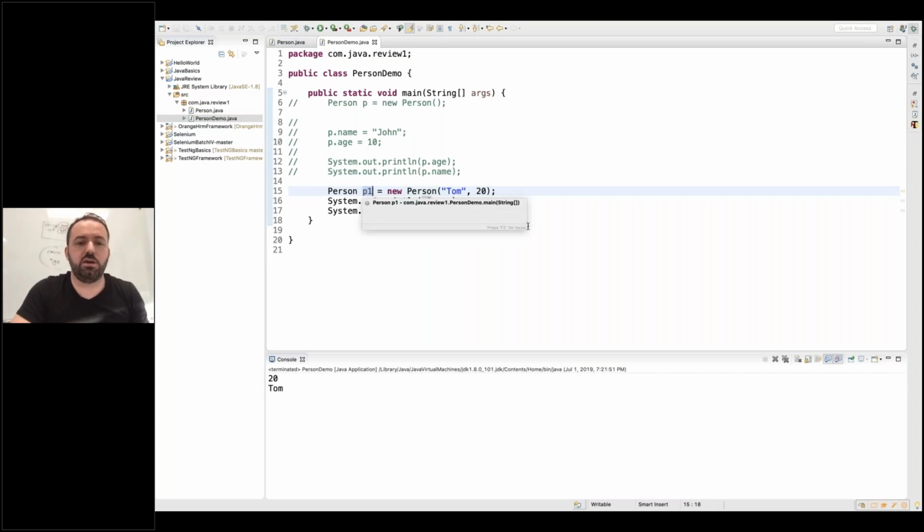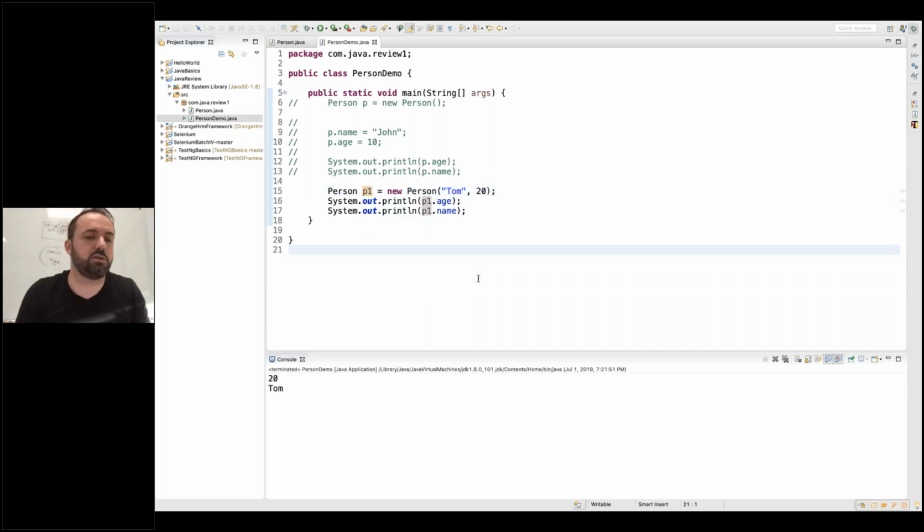So when we access this object from outside, we access it with p1 in this case. So we say, the object that I'm referring to, in this case this one, I gave the name Tom and the age is 10. But what if I want to access these variables from inside the class? So when I'm inside the class,